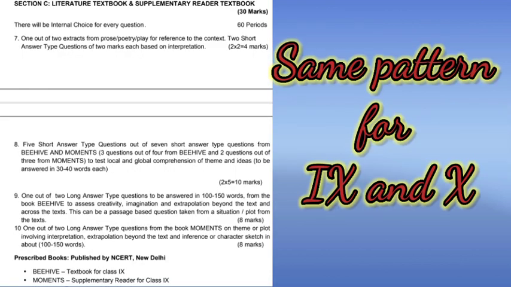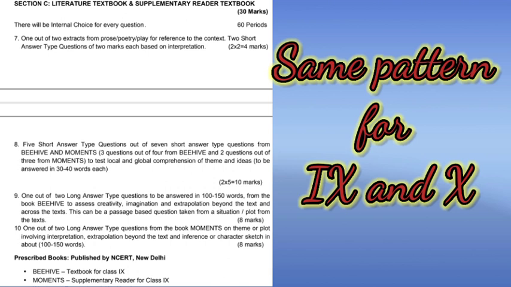So now students, let's move to the last section of our question paper, and that is literature. So in this section students are given 4 questions, and this section comes for 30 marks. So first of all, question number 7 is there, in which students are given 1 extract out of 2. 2 extracts are given in choice. 1 is to be opted by the student, and the extract is of 4 marks. And in 4 marks there are 2 questions of 2 marks each given to the student.